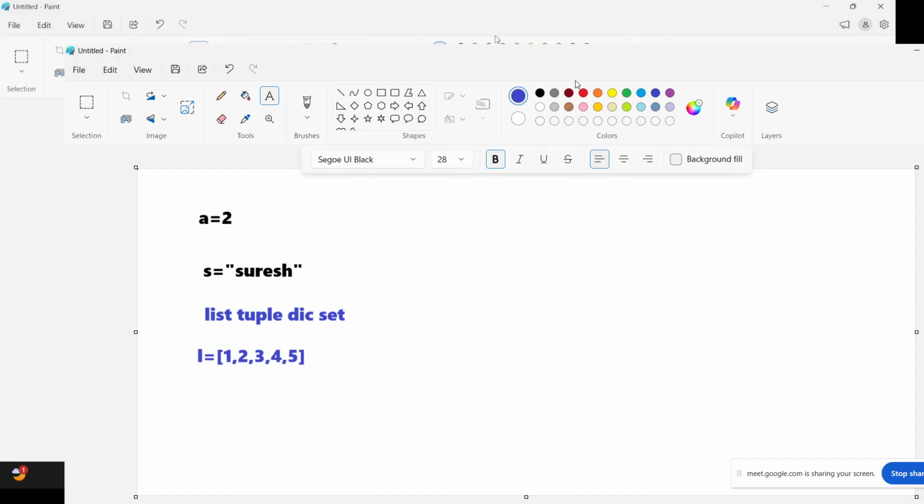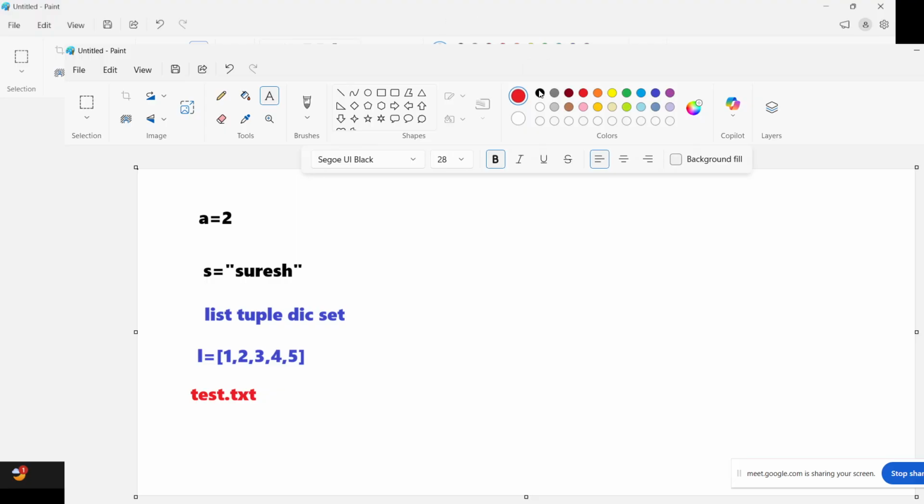Then after that, we have seen the file handle, where we are trying to see a text file. Initially, we are getting the data from variable, then the string, then list, dictionary, set, and then the file.